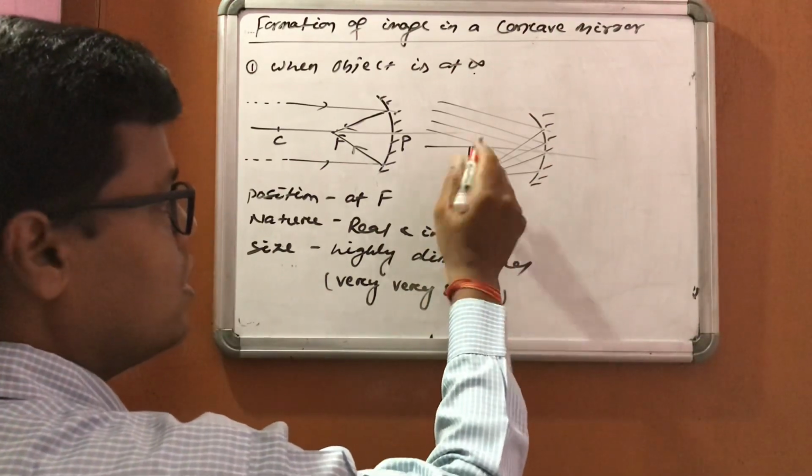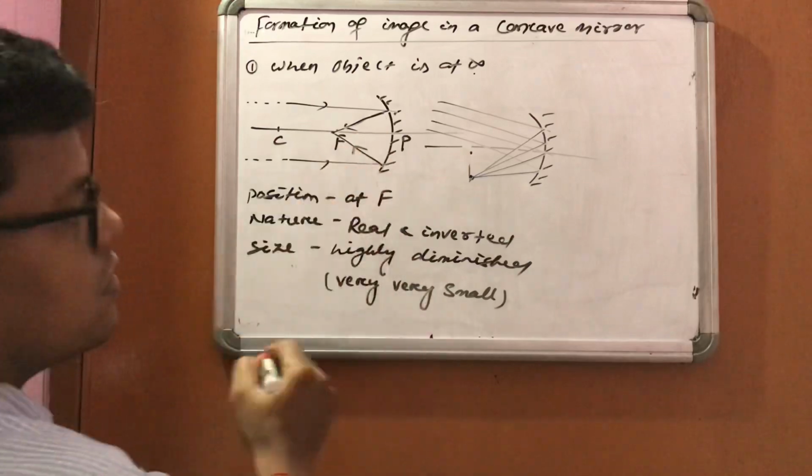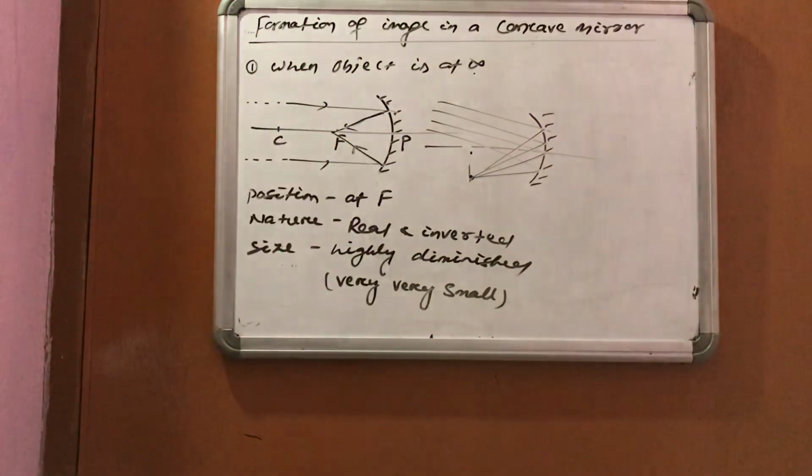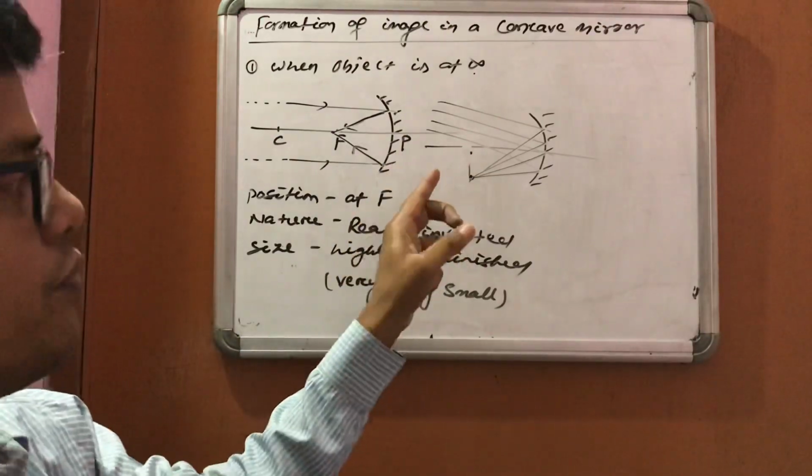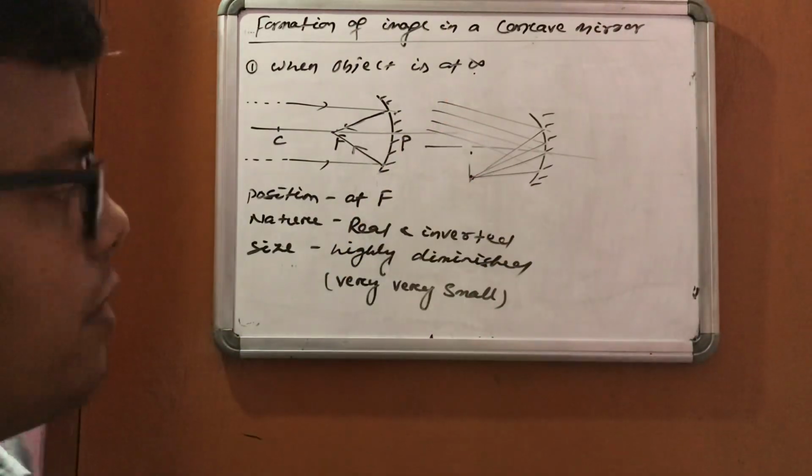The image will form here. It is just below the what? Focus. Actually it lies in the focal plane. The image must form on that same focal plane. Now,